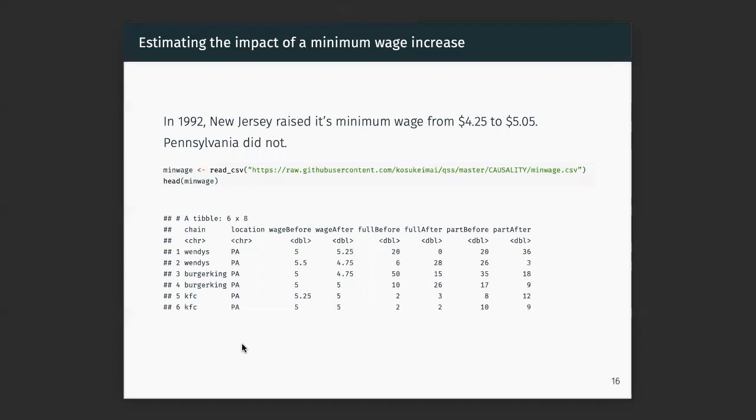So one example that we're going to work with here is a study designed to estimate the impact of a minimum wage increase on employment levels. In 1992, New Jersey raised its minimum wage from $4.25 to $5.05, and Pennsylvania did not. We would like to know if employment patterns across Pennsylvania and New Jersey systematically differed after the implementation of a